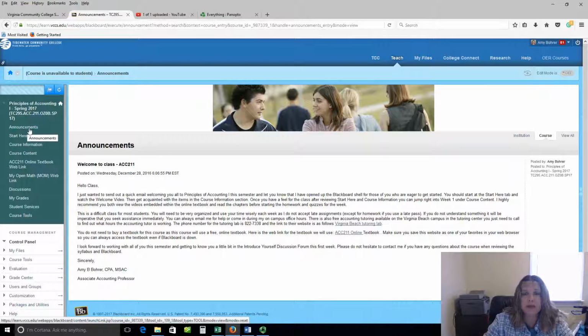It is still your responsibility, though, to make sure you're turning your assignments in on time. So if I forget to send an announcement out one week, or something happens and you didn't get the announcement, again, that's not going to be a valid excuse. It's your responsibility to make sure you know when things are due and that they're turned in on time.